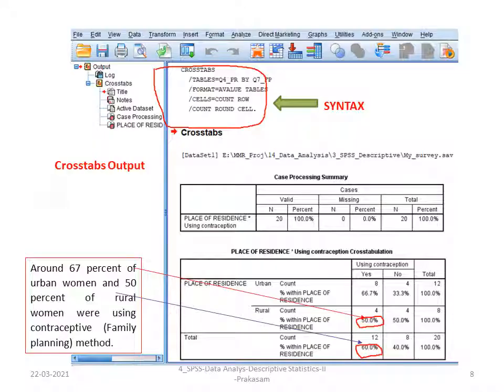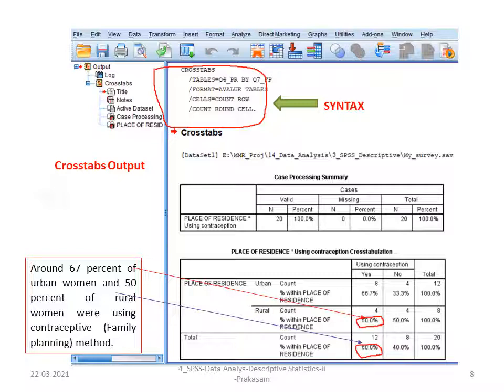The output generated by cross tab is given here. At the top of that, you will find that SPSS shows what commands it has been given. That is called the syntax. It shows crosstab, tables equals Q4, that is the variable we have selected, by Q7 family planning.